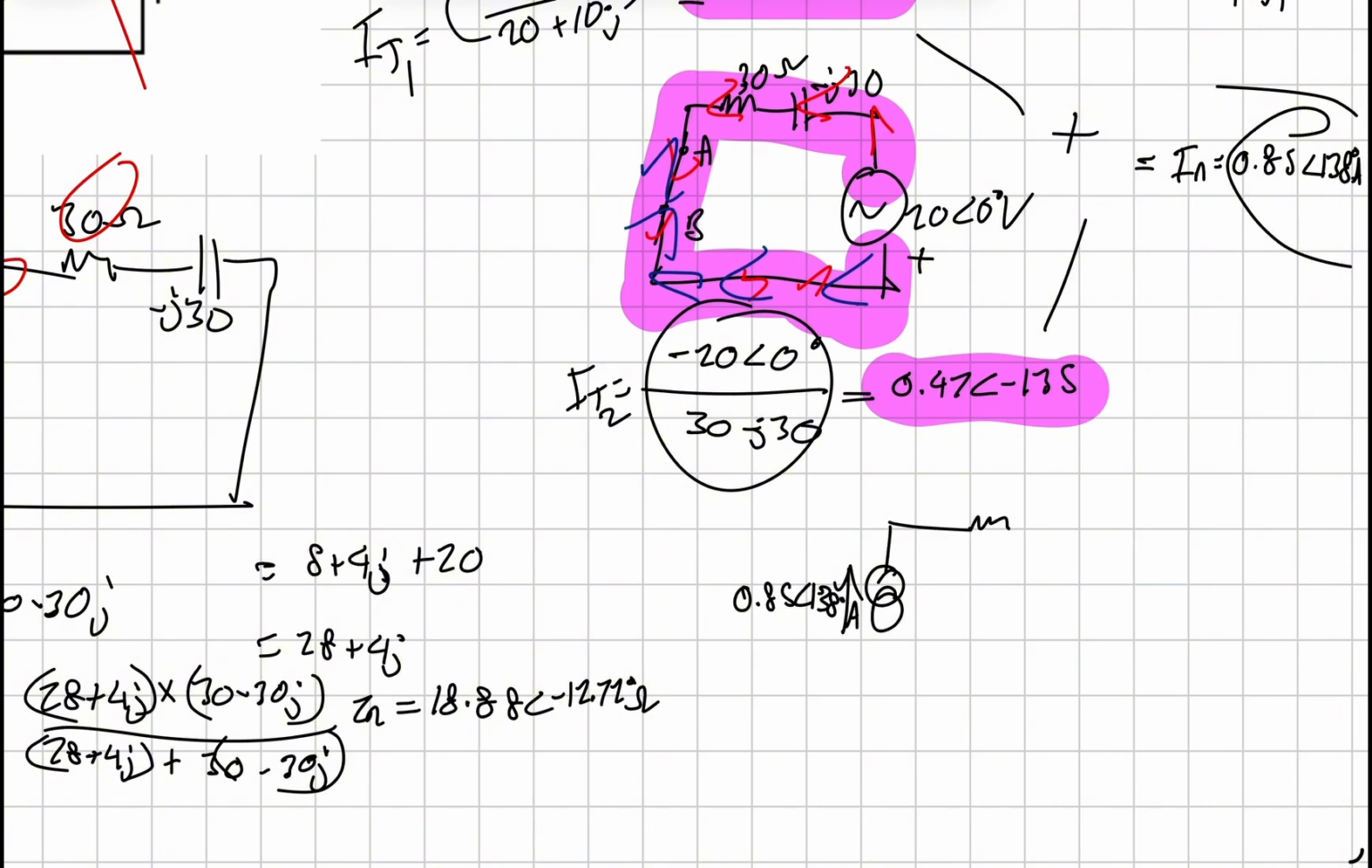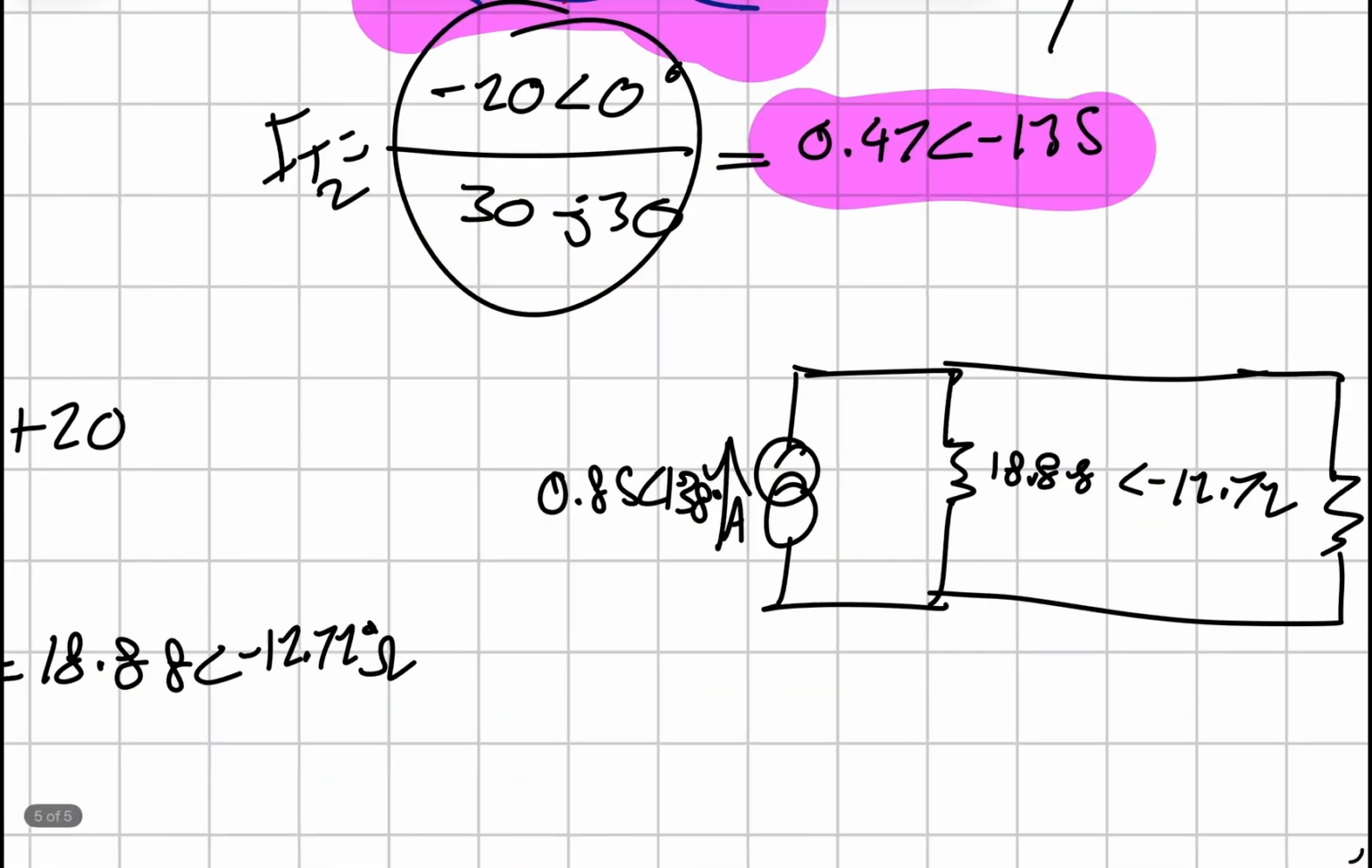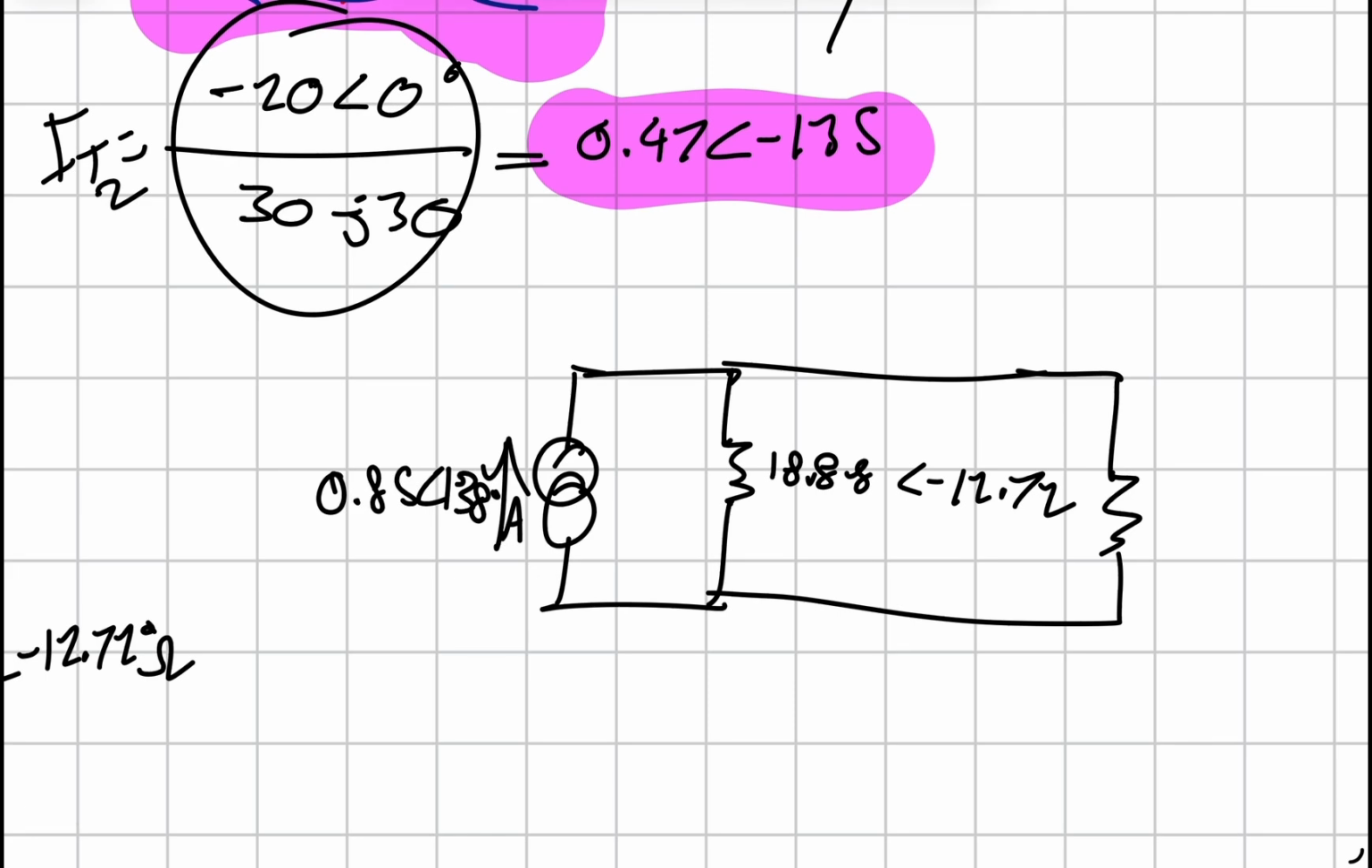Then Zn would be 18.88 minus 12.72, and your load, wait, no, sorry, my bad, I've drawn this as a Thevenin's circuit. It'll be 18.88 minus 12.72 here, and then the load, just not a load here, but you get what I mean. If there's a load here,